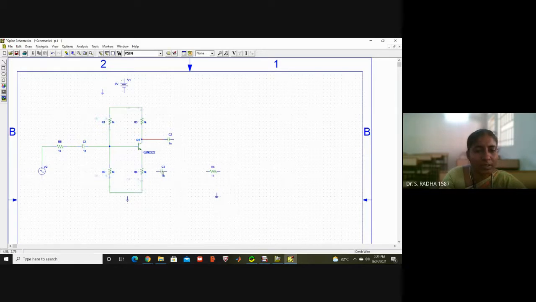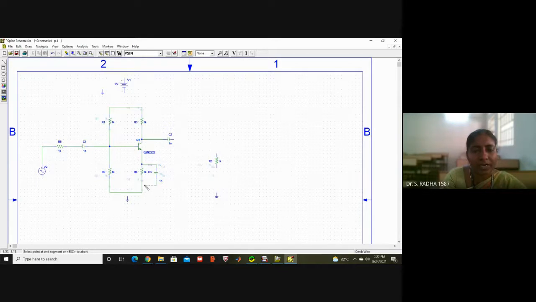And this capacitor I want in the vertical direction, select and Control R, place it parallel to the resistor. Just drag it parallel to the resistor. This resistor I want vertically, so just connect it. This capacitor is in parallel to the resistor.